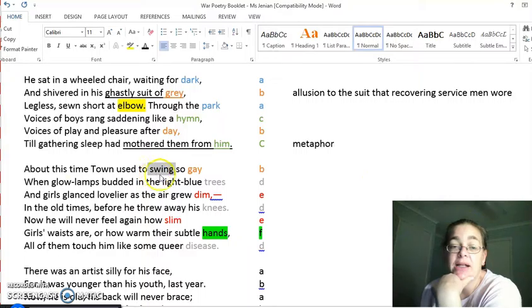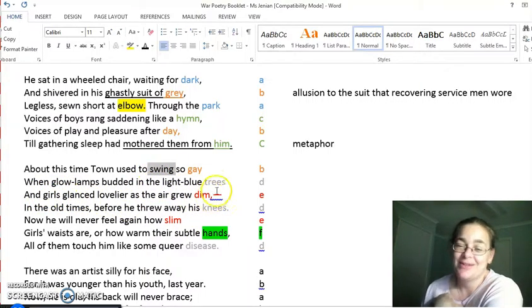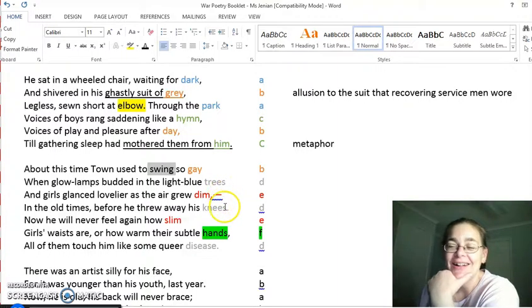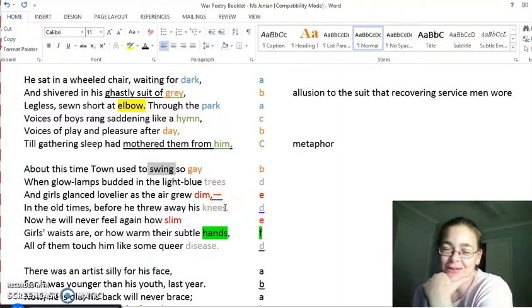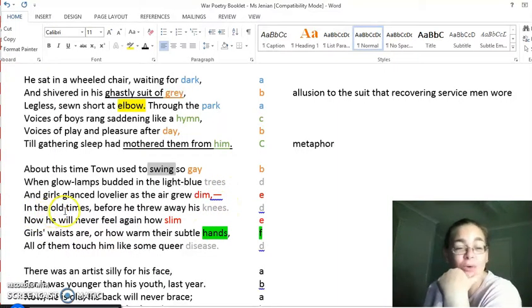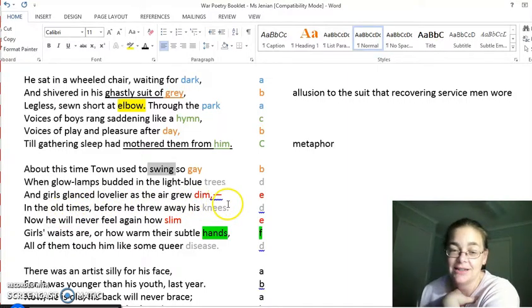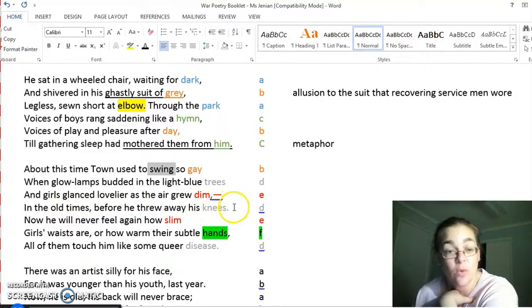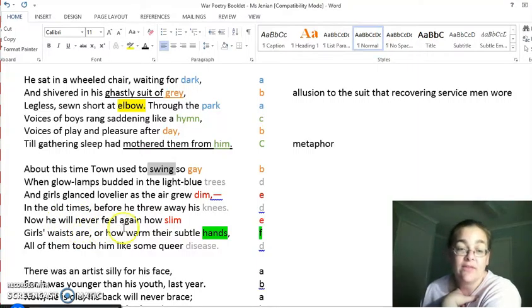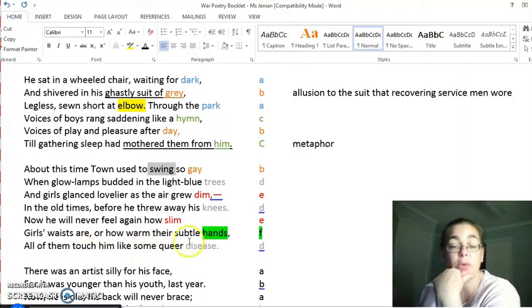The glow lamps budded in the light blue trees, and girls glanced lovelier as the air grew dim. So the lower the light, the prettier the girls looked. And in the old times, before he threw away his knees, so in his time before the war, now he will never feel again how slim girls' waists are, or how warm their subtle hands, all of them touch him like some queer disease. So again, like gay up here,